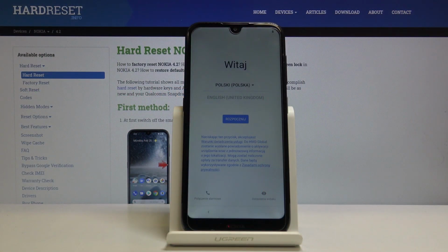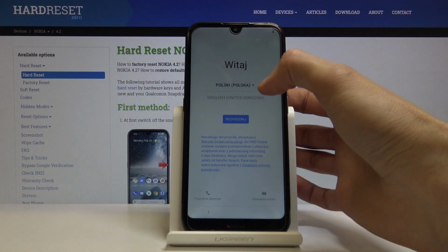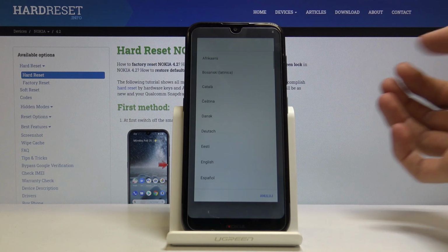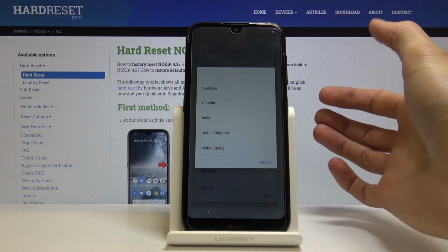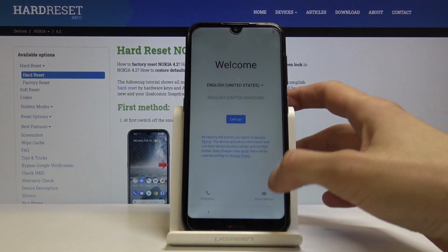Welcome. In front of me is a NOKIA 4.2, and today I'll show you how to go through the setup process of the device. So when you first boot it up, you'll be presented with the welcoming screen where you get to set up your device. And the first thing you can do is choose your language. So right here it looks like it's set to Polish, so let's change that to English